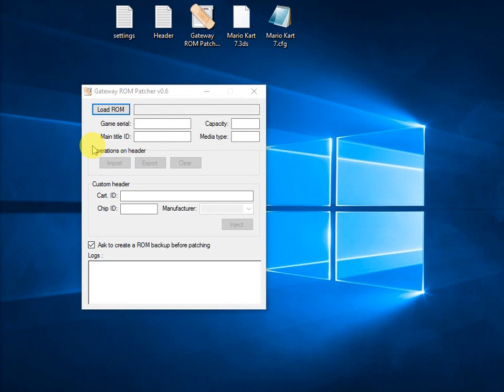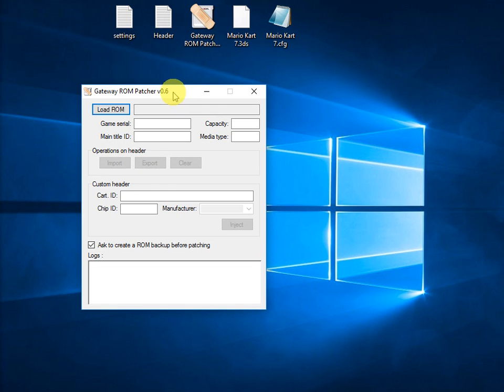Now, many of the online guides tell you to do what we just did and play it, and it works, but it doesn't actually seem to work 100% of the time. So today I'm going to show you how I got it to work on mine after doing weeks worth of research and experimenting. The first thing you're going to do after we take care of the settings file is to